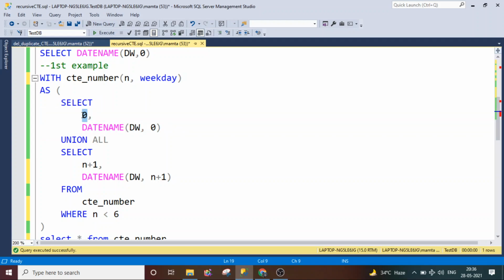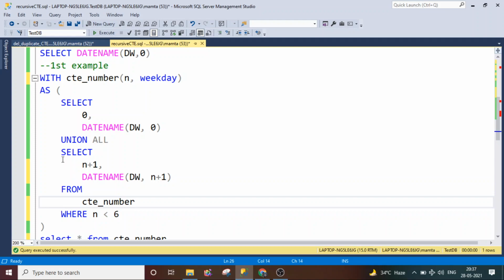It declares the value that the query will start from, the value 0. So that is called the declaration, and it will execute only once. And after that, we want the result set of this query to be unioned with the recursive query. And why is it called the recursive?